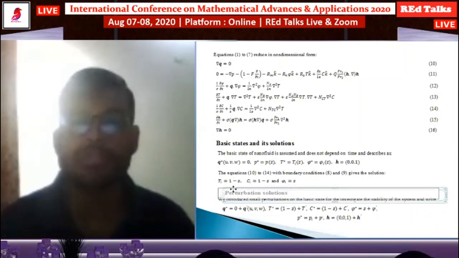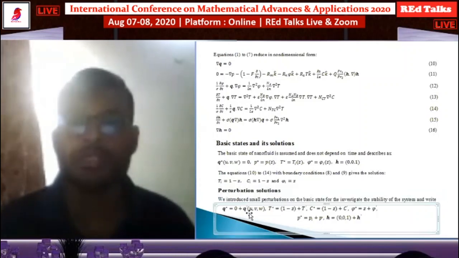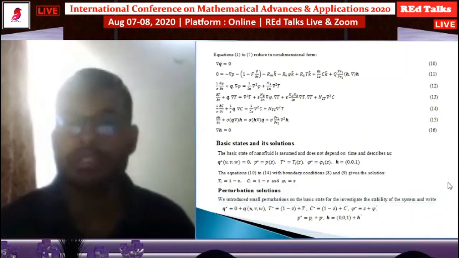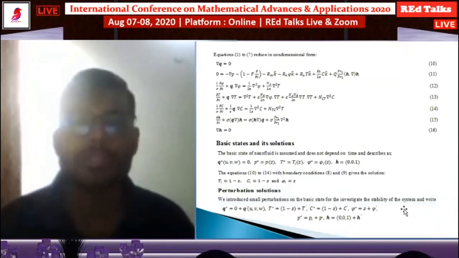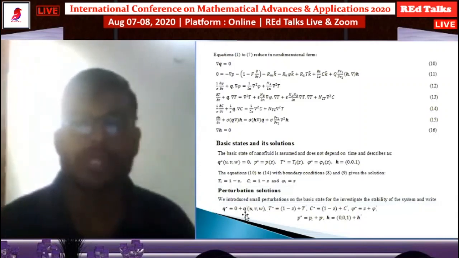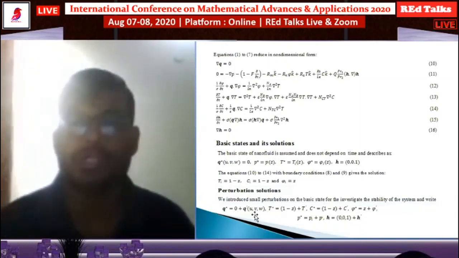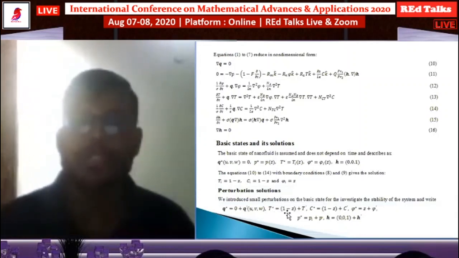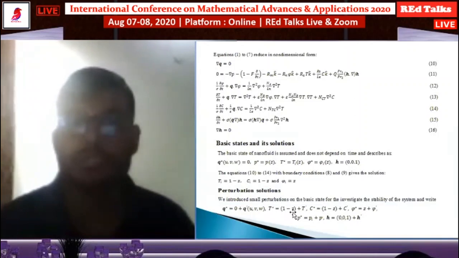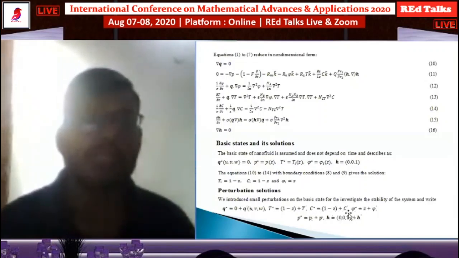We introduce a small perturbation on the basic state to investigate the stability of the system and write q star is equal to q basic plus q dash, where q dash is the perturbation. Similarly, T star is equal to 1 minus z, the T basic state solution, plus T dash, the perturbation. Similarly, C dash, phi dash, P dash, and H dash are found. Now next,